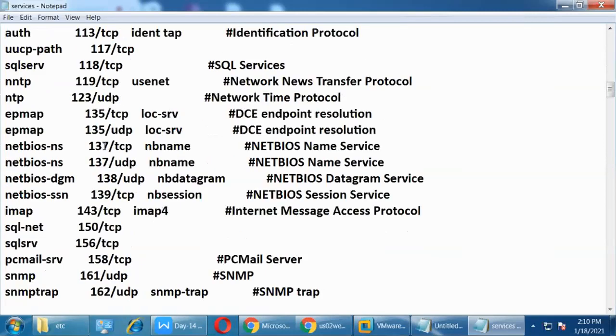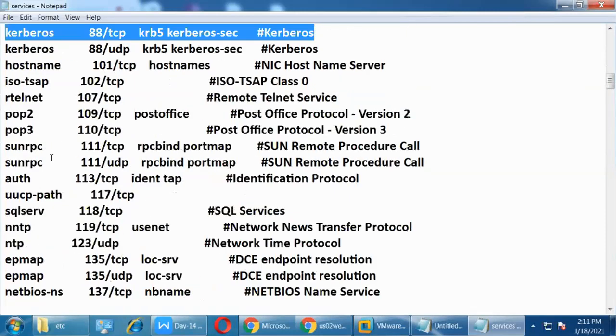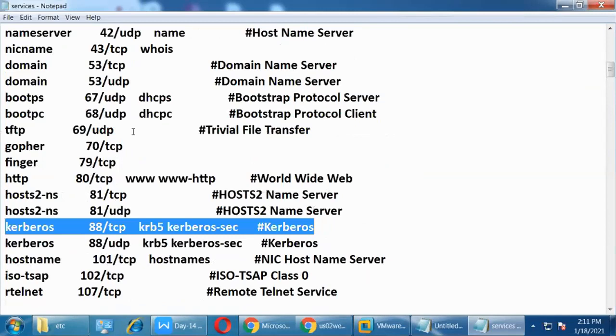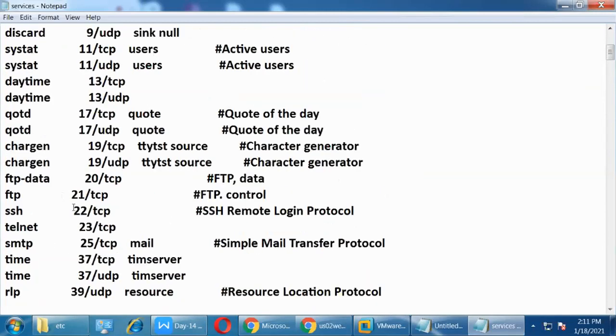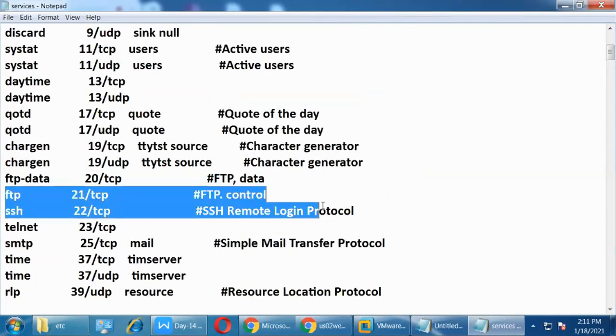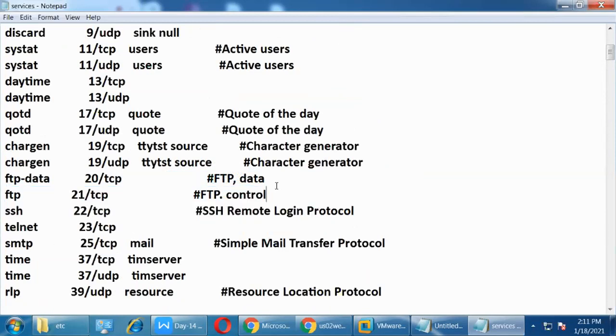So here you can find all the port numbers and which protocol they work on. See here, FTP for download and upload of data, port number 21.